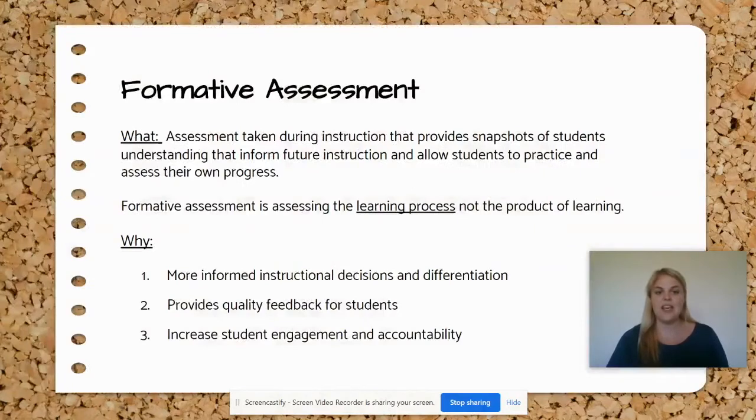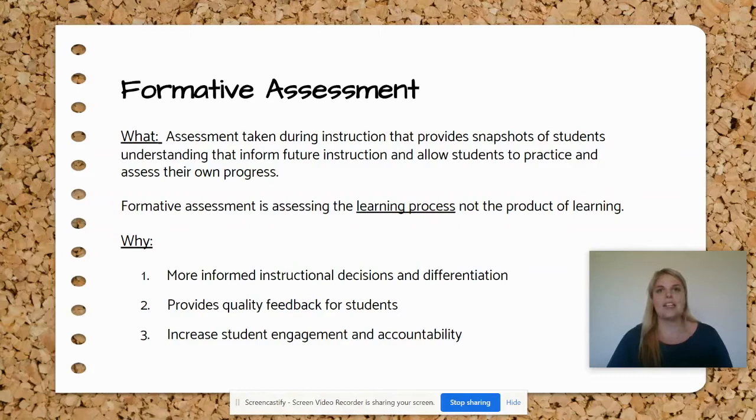Formative assessment. So I'm positive that all of you know what formative assessment is, but I just wanted to give the definition so that we are all working from the same foundation here. It is the type of assessment that we use during instruction. So during our lessons, it's the way we are assessing our students, and that can come in the form of small quizzes, discussions, exit tickets, and they're just little snapshots of our students' learning and how they're progressing through a